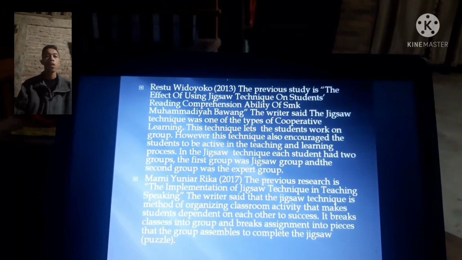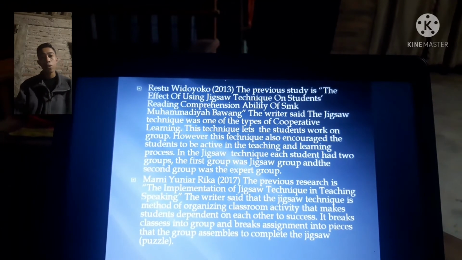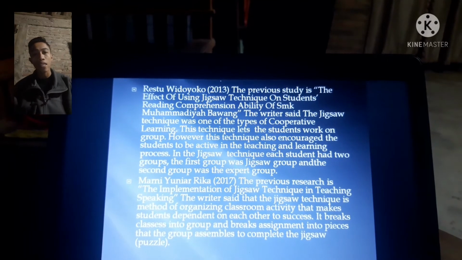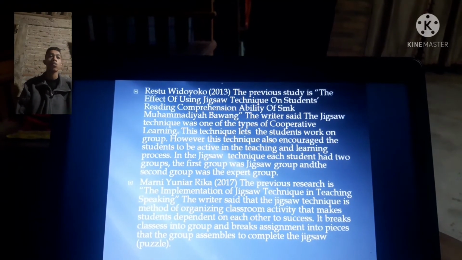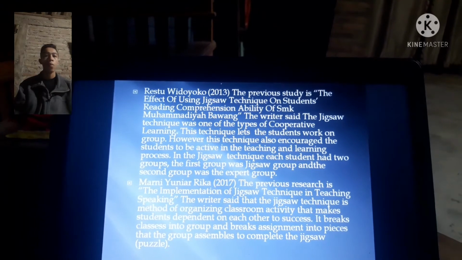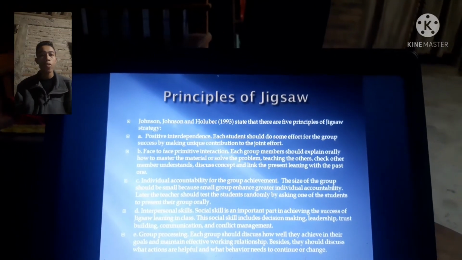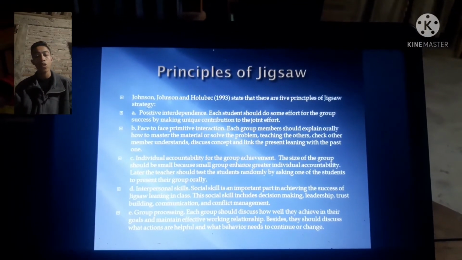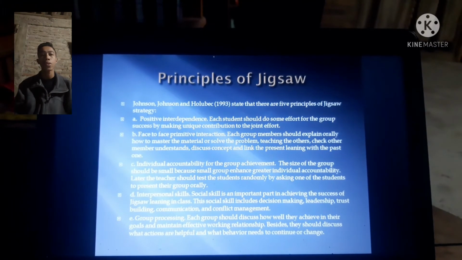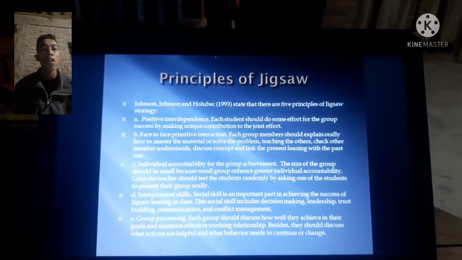Principles of jigsaw by Johnson and Holubec. The first is positive interdependence: the students should make the group succeed by making a unique contribution to joint effort. Then face-to-face promotive interaction, then individual accountability for the group achievement, and then interpersonal skills and group processing. The advantage of jigsaw is that it gives students the opportunity to teach themselves about the material,